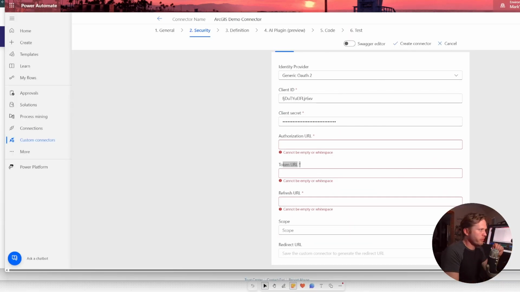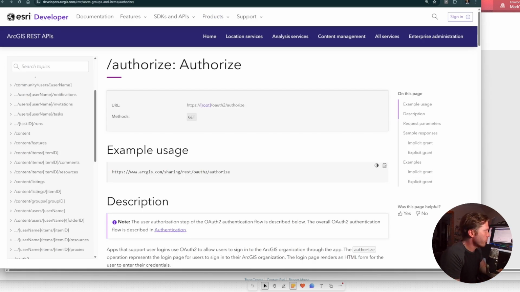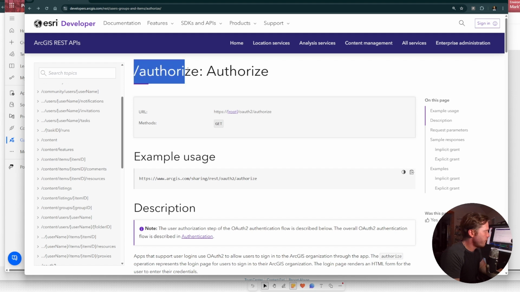Okay, the next step is we need to find our authorization URL and our token URL. Now these can sometimes be tricky to find, but they're usually in the documentation for your API service somewhere. You just look around. Usually you'll find it. You can look for like a /authorize and a /token. That's usually at the end of the URL endpoints that you need. So here I found it on this section called ArcGIS REST APIs, and it gives you an example usage. So it has here https